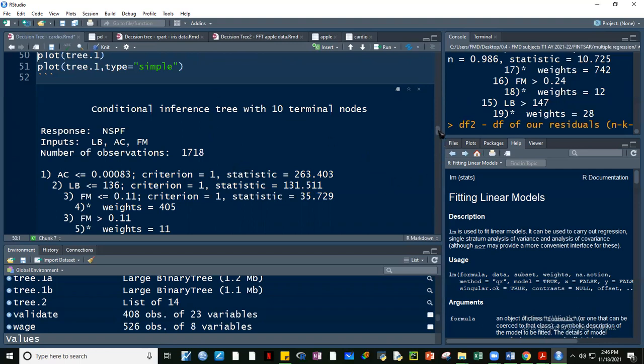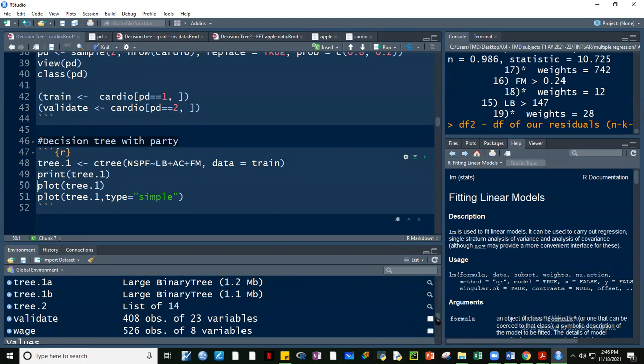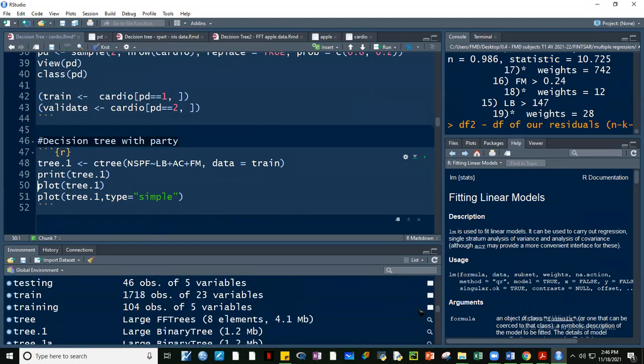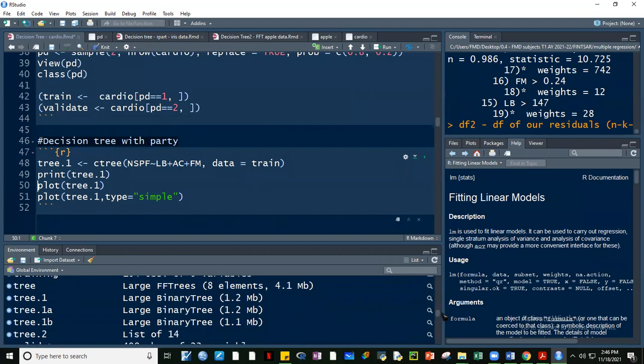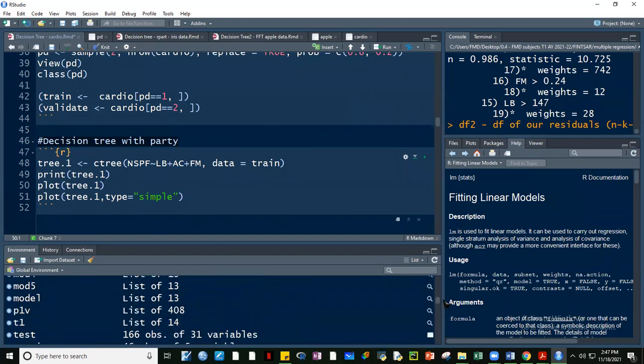The response variable is NSPF. The inputs are the three variables here. There are 1718 observations, because we're using the train object. Remember, we split the cardio object into train and validate. So let's take a look at train. Train has 1718 observations. On the other hand, validate has 408. So that's the sum of the cardio object,